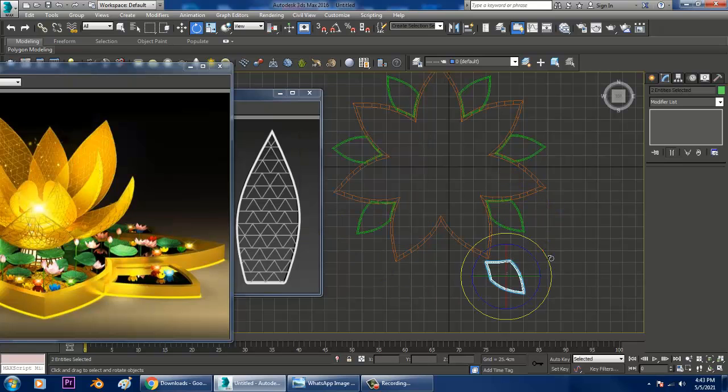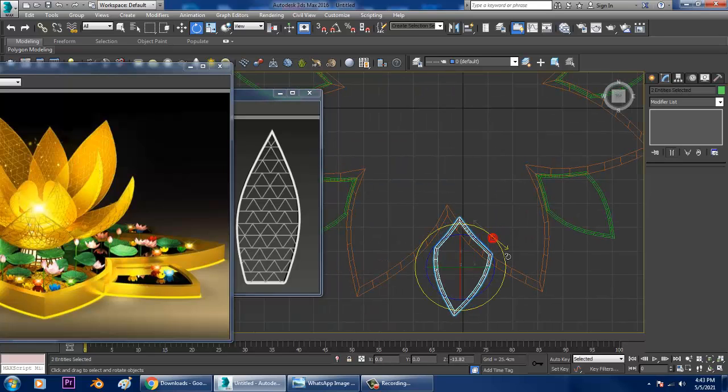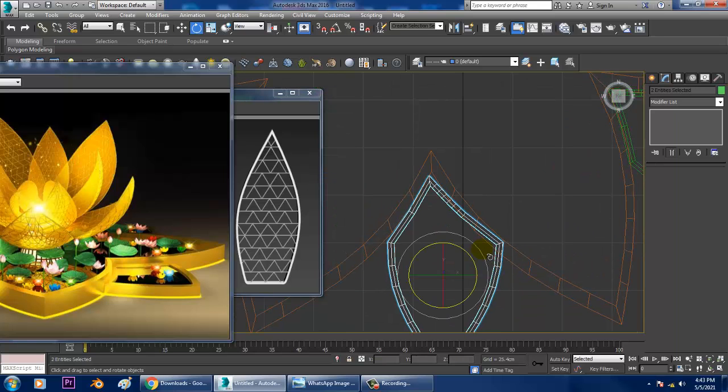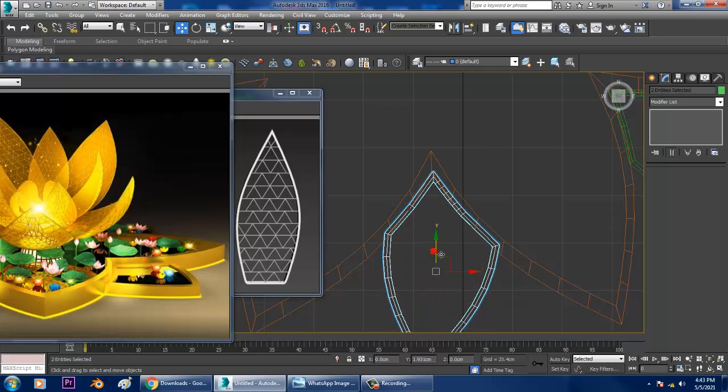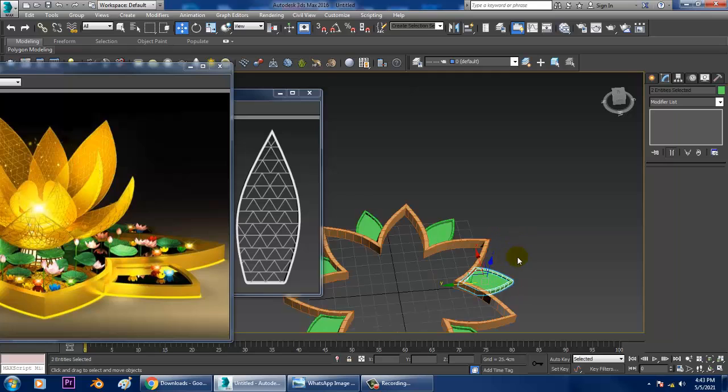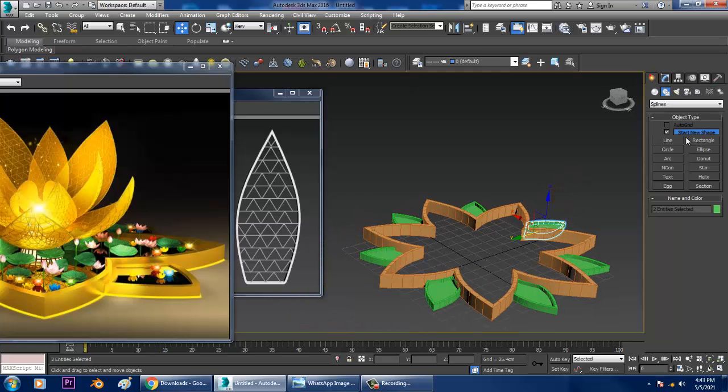I'll slightly rotate it and shuffle this over here. So as you can see, after that,